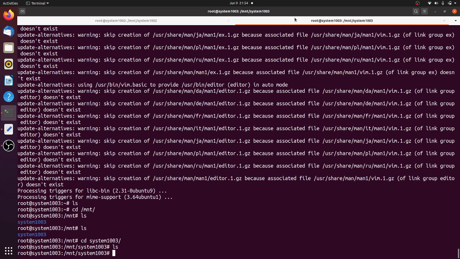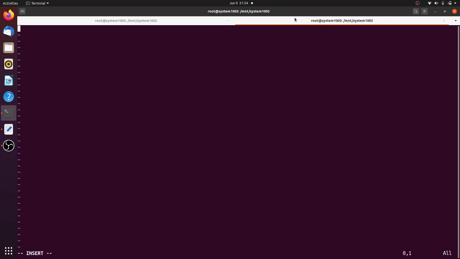Now I will go inside this folder and then I will create a hello program in C language. Hash include stdio.h and then int main, printf, I will say hello \n and then return 0.